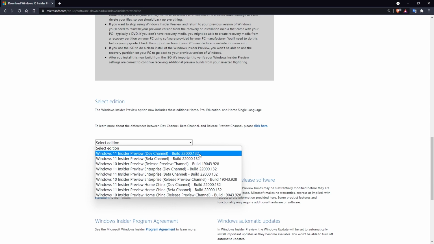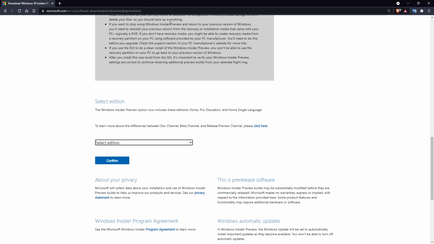If you know Windows, now will be the right time to clean install Windows 11. For example, if you clean install the beta channel of Windows 11, it will be good for you because you will be able to install the Windows 11 stable version when it comes out somewhere in October. So I think now is the right time to clean install the Windows 11 beta channel. So yeah, this is it for this one.